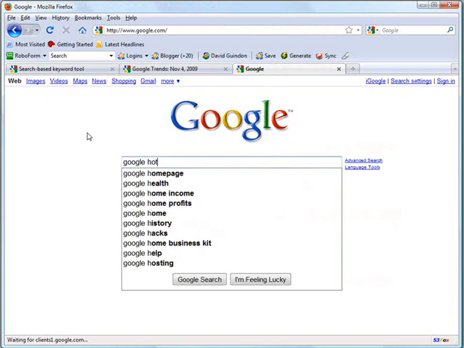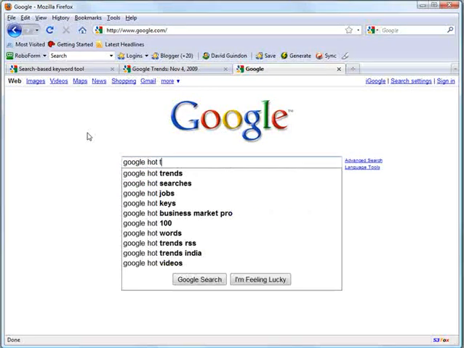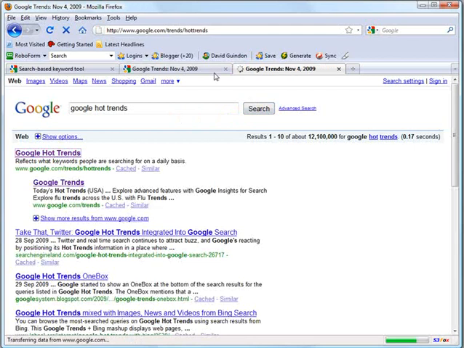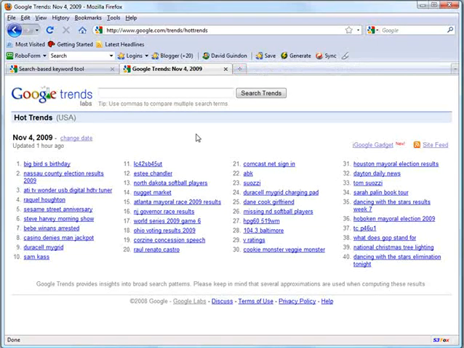Google Hot Trends. Yeah, it's the same page. Okay, so here Google will give you all the hot trends updated an hour ago. So this is pretty neat, and you can see all the hot trends of the keywords being searched in